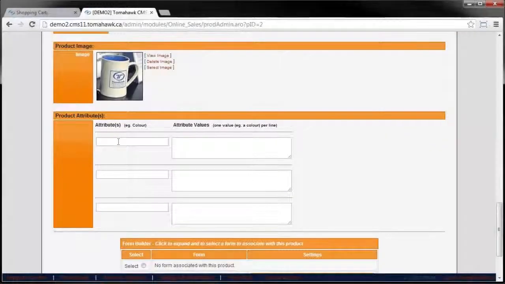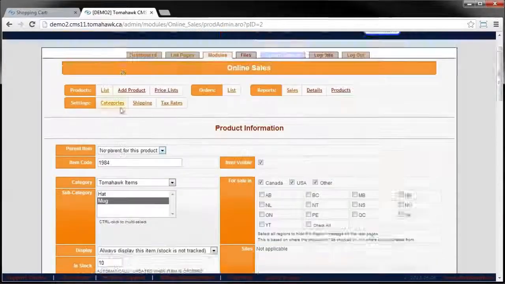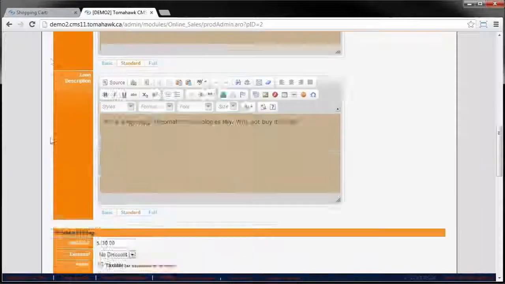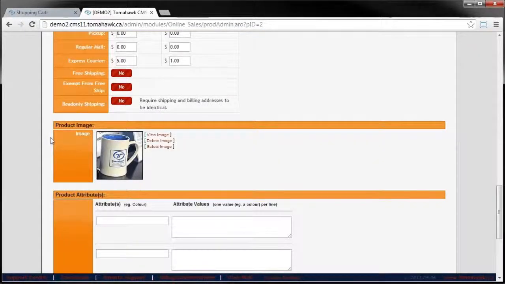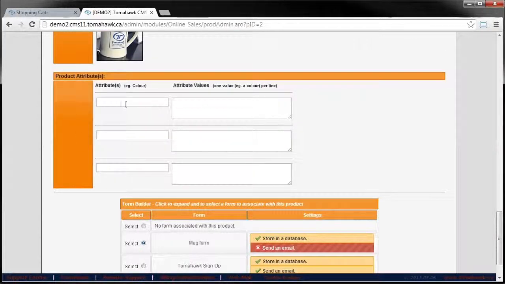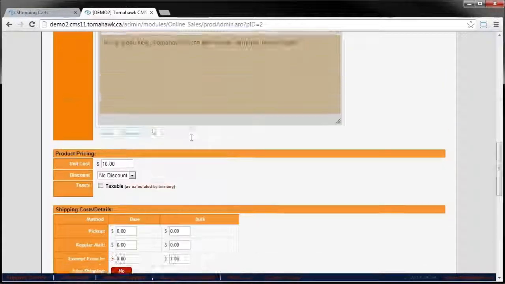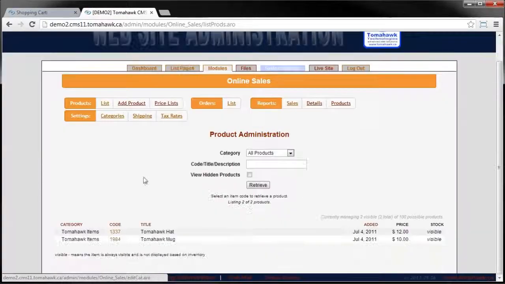Attributes. So I actually have a couple of these set up for the hat item. The best way to think of them, maybe not the mug example, but in the hats case, maybe you have different colors of hats. Or maybe you do have, like I was saying earlier with the shirt, small, medium, large, and original, or small, medium, large. If the costing isn't different, well then you don't really need to set up taxing and different shipping and everything else, just per item. In that case, you can just set up an attribute, like you can say color, or in a second I'll go over there and show you, and then you put in each specific attribute that they can select. So a good example of this, I'll just go over to the hat item that I have,